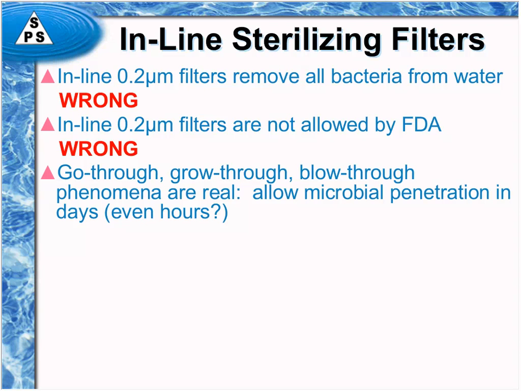This has been shown to happen in pharmaceutical water systems with pharmaceutical organisms that are growing in the water. Ralstonia pickettii is an example of an organism that can actually go through a filter, especially when you have a higher concentration on the upstream side of the filter. Then there's the grow-through phenomenon, still contested as to whether or not it actually occurs, but hypothetically what happens is that